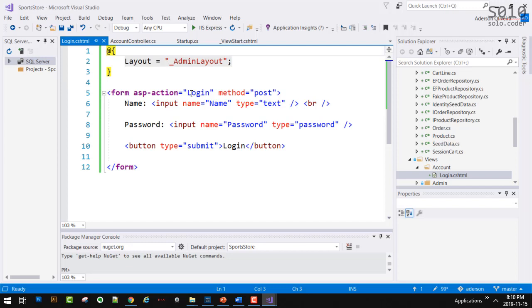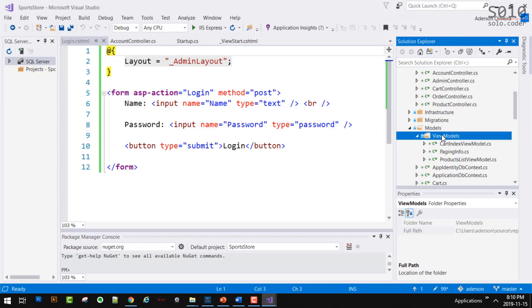In this case, we are sending individual parameters in the login action. However, what if we convert this to a model, just to be able to move data between views and controllers? We could create a model here, and we're going to do that now. It's a special type of class.